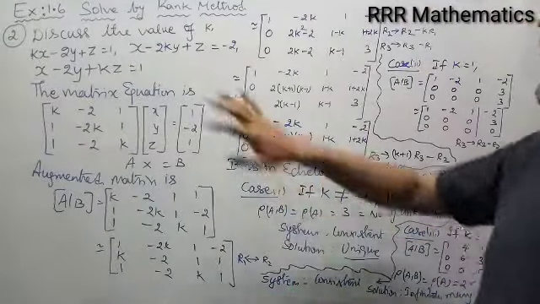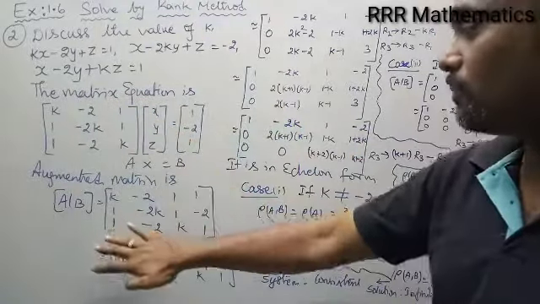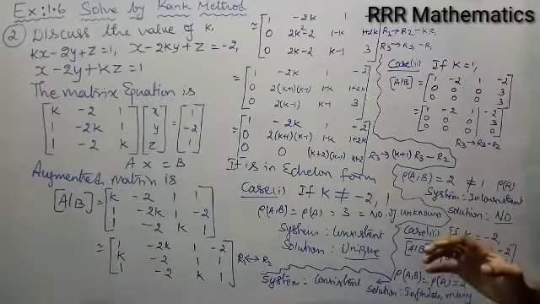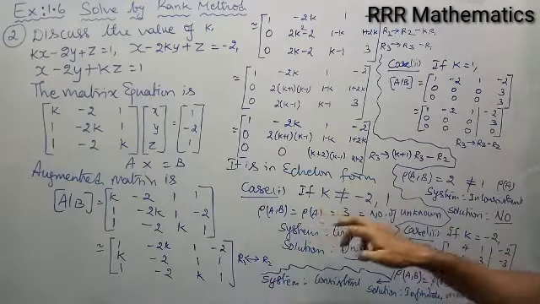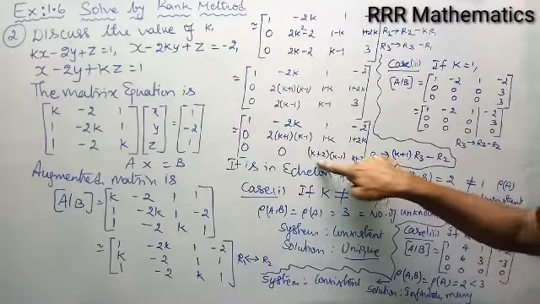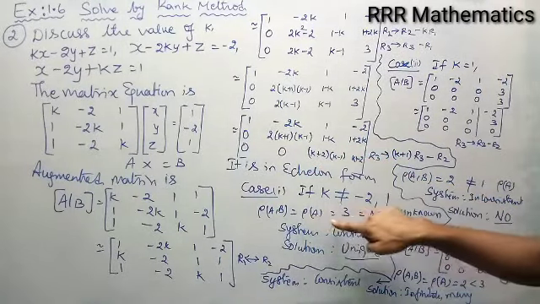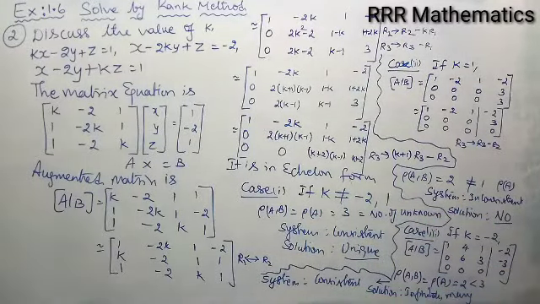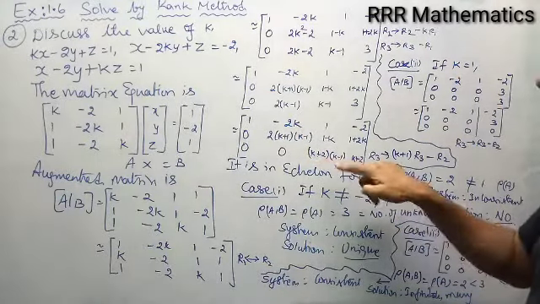Very first step, let us begin the problem by rank method. They said the matrix equation Ax equal to b, augmented matrix, I got echelon form. But the matrix is in terms of k, so I cannot find the rank directly. Respective values of k we may discuss. So in this case it is an echelon form. Case 1, when this position is not equal to 0, I mean A33 not equal to 0, in this case the rank of A comma B and the rank of A are equal to the number of unknowns, system consistent, unique solution.